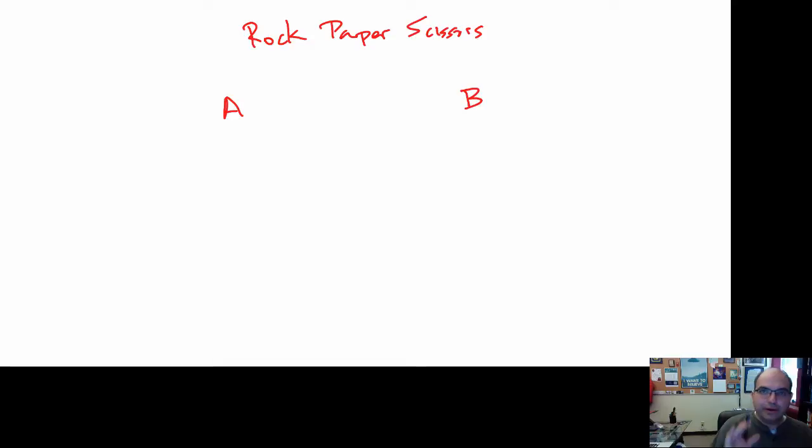So I will have three propositions for A. Okay, so A can do AR, which means A chose rock, AP, which means that A chose paper, or AS, which means that A chose scissors. Okay, so these are three propositions, right? And they actually have English language descriptions which are unambiguous, right? They're true or false. So A chose rock.